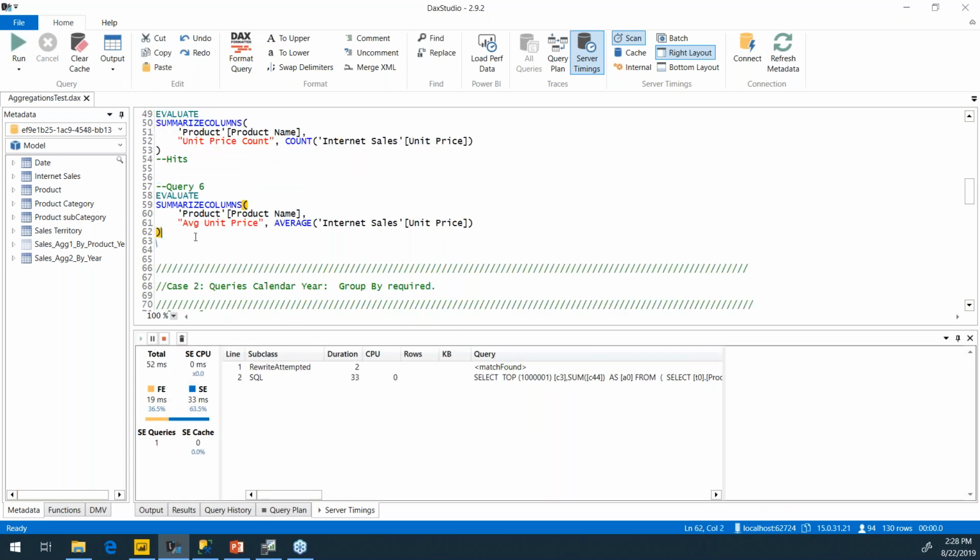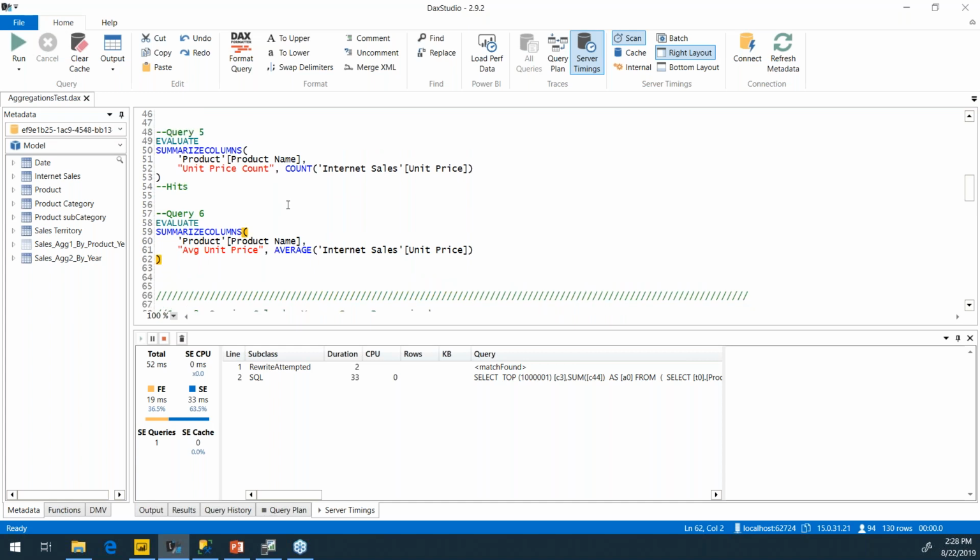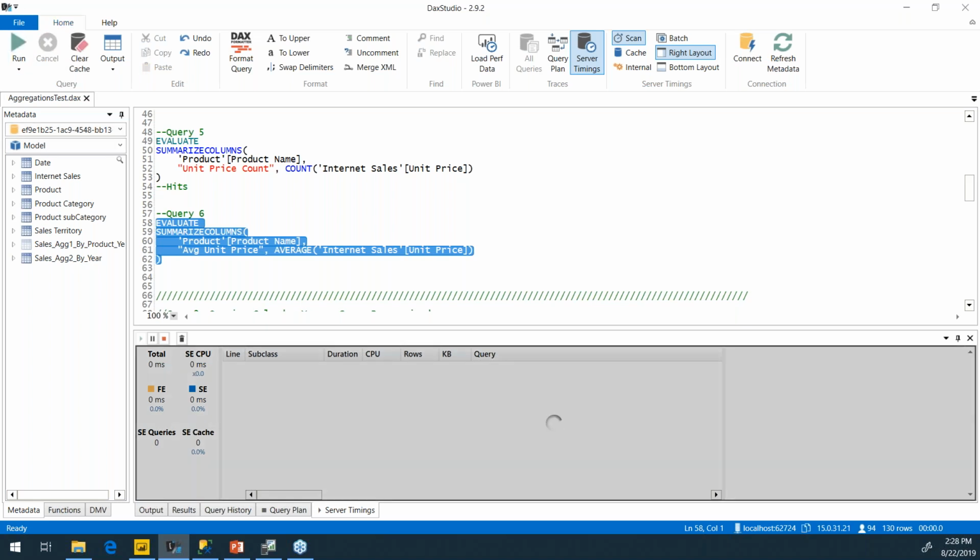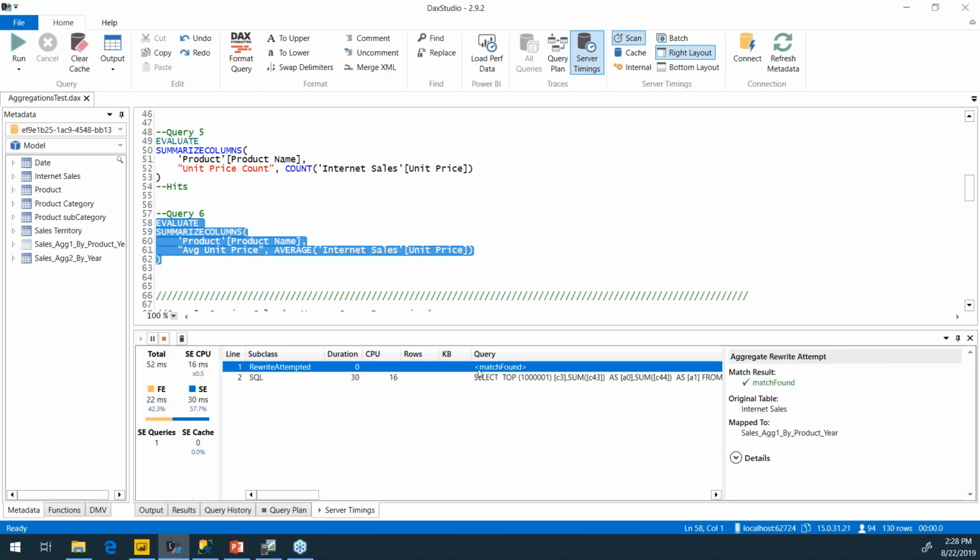So the question is, do you think it's going to work for the average at this point? Because I didn't define an average in there. But do you think it's going to be smart enough to say average is a sum divided by a count or not? Well, let's see. And it looks like it did a match, which is great.